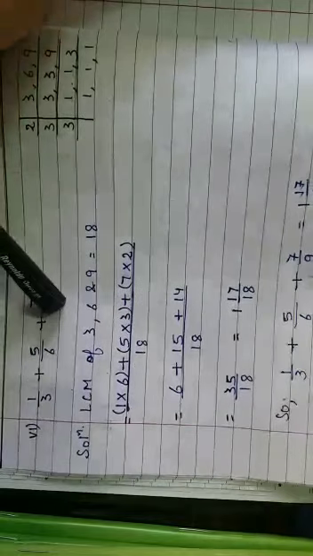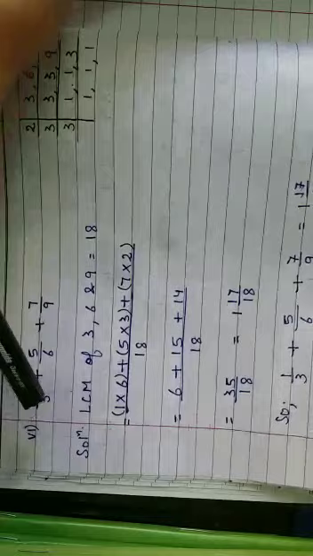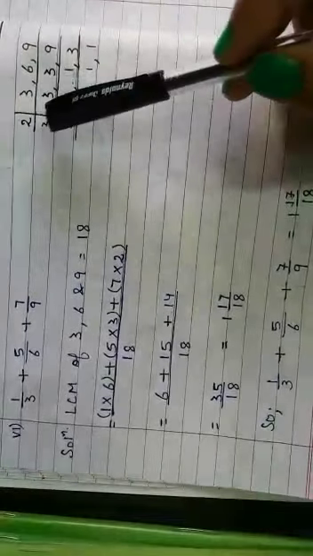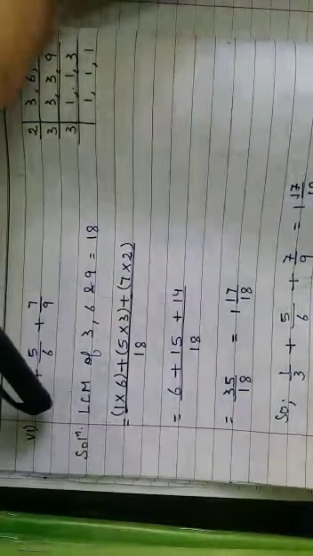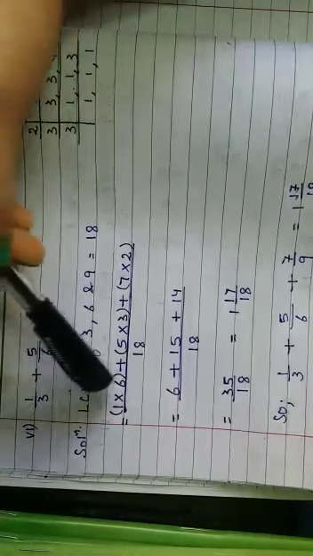In this case also, we just take the LCM of their denominators, 3, 6 and 9. The LCM of 3, 6 and 9 is 2 multiplied by 3 multiplied by 3, that is equal to 18. Now we have the LCM 18, so in place of the denominator the LCM will come. Now we see how many times 3 will be 18. 3 6s are 18, so we multiply this one also with 6.